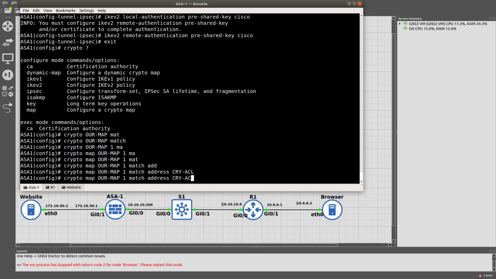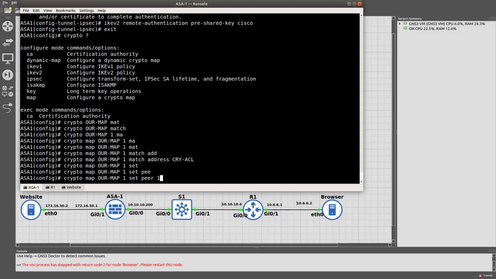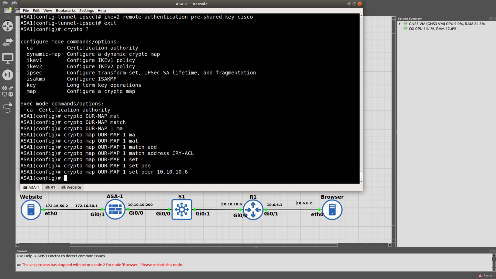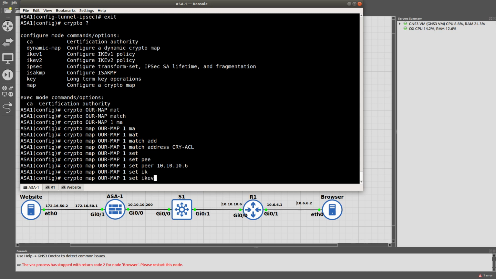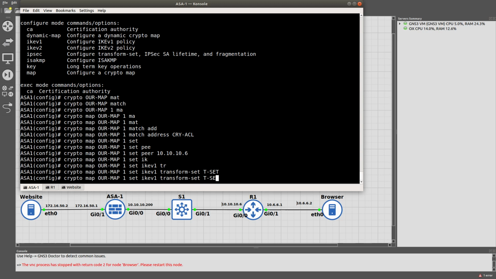Then we do a crypto map, our map 1, set the peer to be 10.10.10.6. Then we're going to do a crypto map set IKEv1 transform set to tset. Then we do our map again,